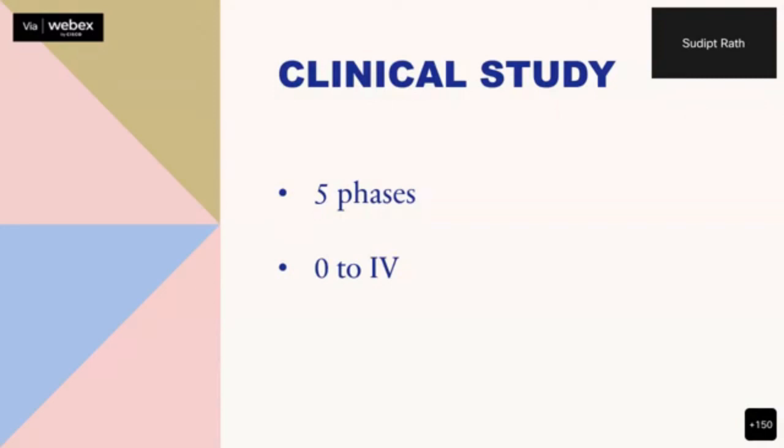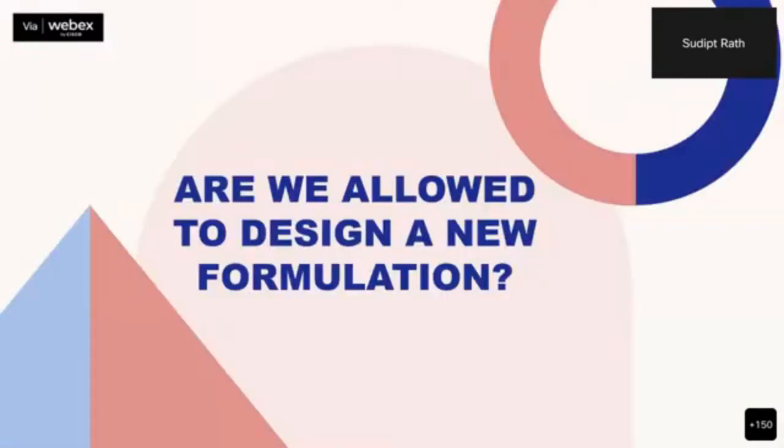For example, if you are targeting anemia, then 30 will be a good enough sample for phase 0. But if you are trying to work in a particular type of, say, squamous cell carcinoma, then 5 patients are good enough for a phase 0 trial. Similarly, phase 0, phase 1, phase 2, phase 3, phase 4, there are 5 phases of trial that other people will teach you. Then we'll come to how the traditional drug discovery process,